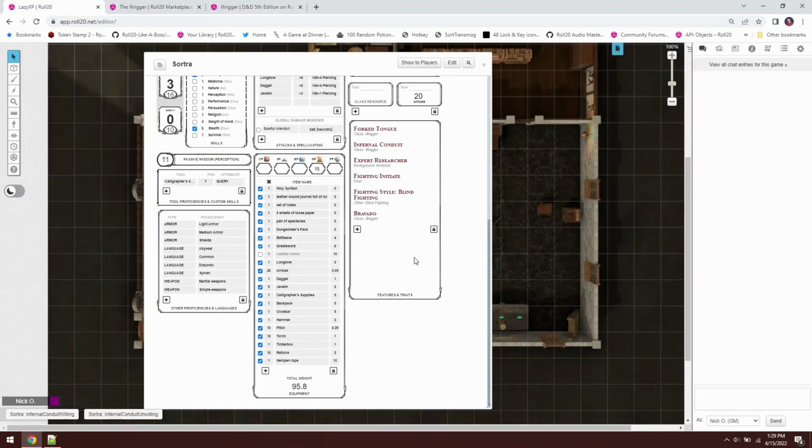So here I am in Roll20, and let me just show you what we're going to be working towards with this macro we're about to build. So I'm just going to click on Forked Tongue on my character sheet here. It's going to pop up and ask me which skill do you want to roll with. I'm going to use Deception. We'll submit that. And then you can see right here, we've made our deception check,